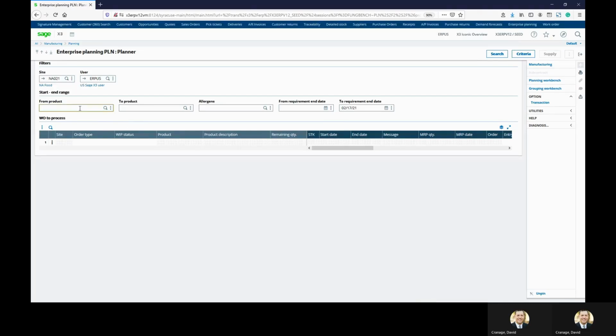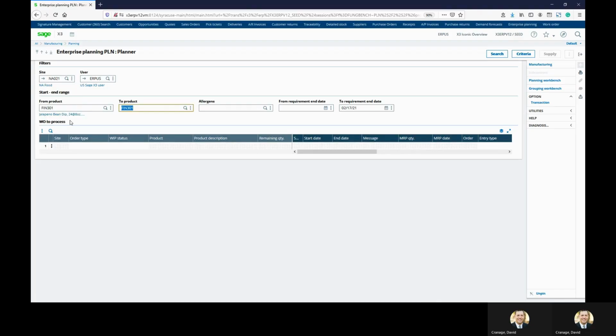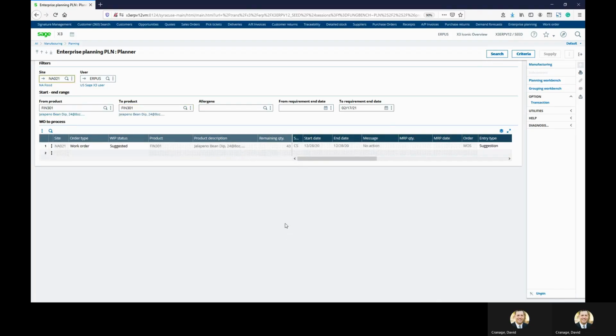So in this particular case, I'm going to grab that Fin 301, the jalapeno dip that we've been working with, and I'm going to say search. And so the system has looked at the parameters that we have, that order for 250 cases that we just put in, the demand that exists through the forecast, other global and detailed allocations that are made against this particular